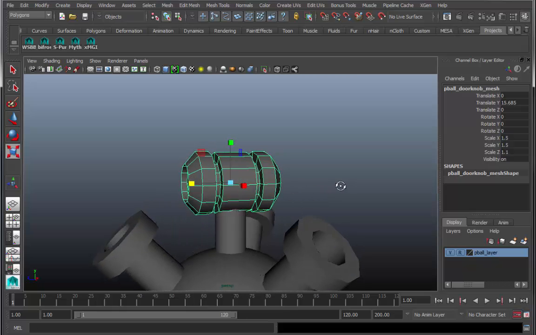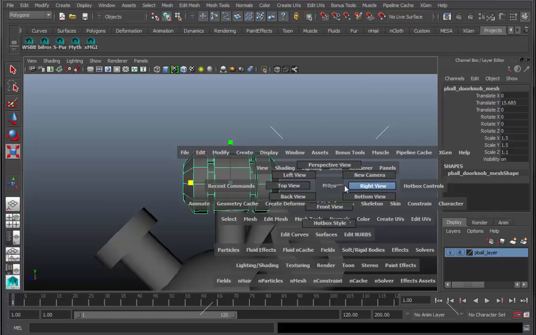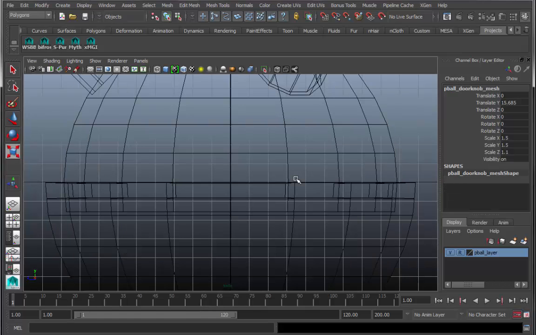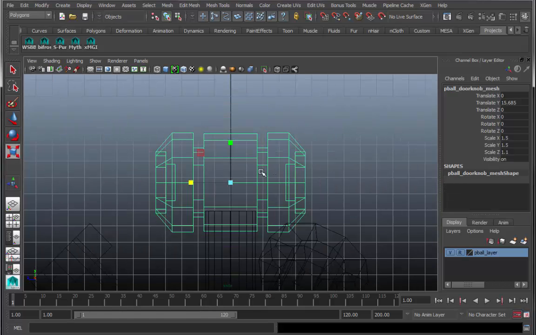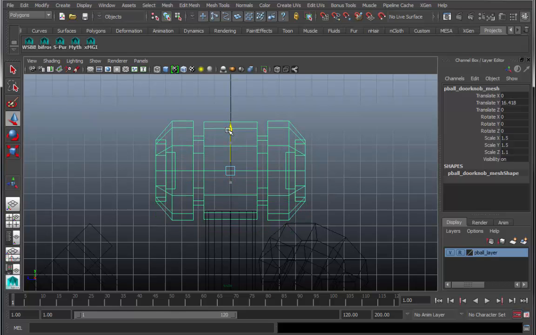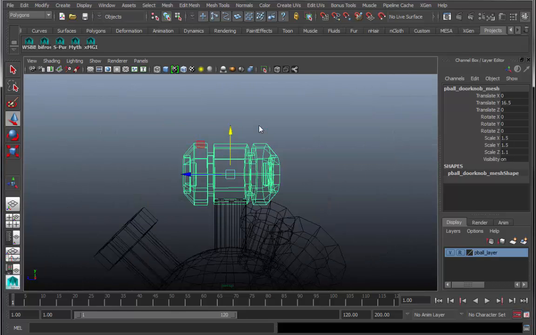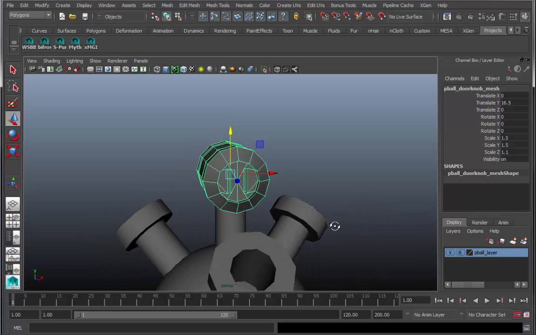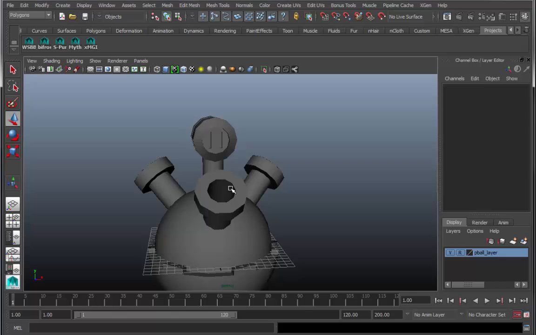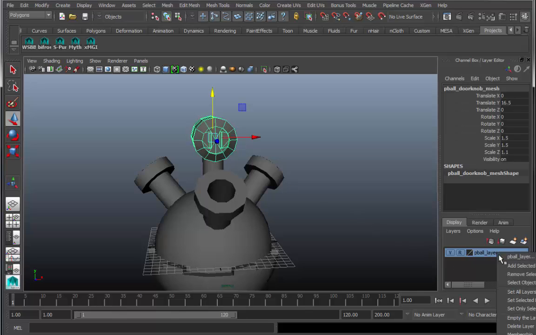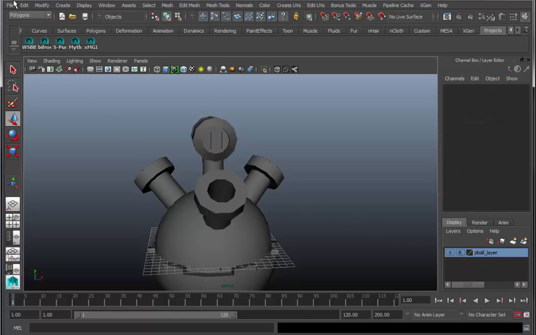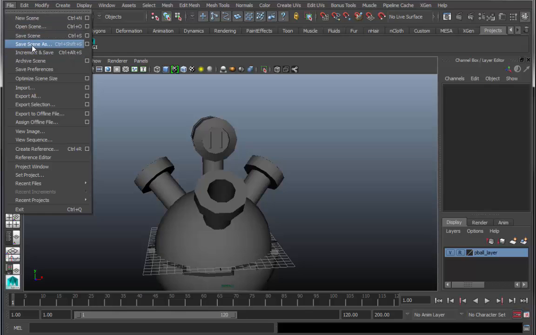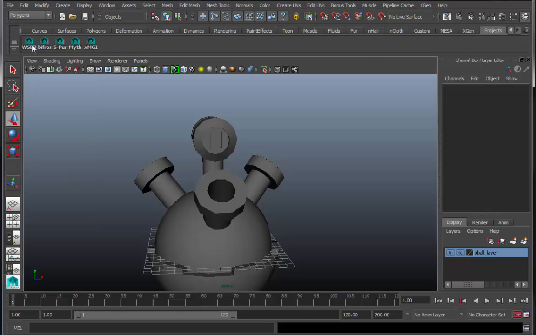So that's where this should rise to, and it is something that you want to more or less eyeball so that it's at the very top, and there's the slightest bit of interpenetration because you want it to go into the object, sort of like it's holding it. And then you add it to the layer, and let's save this one more time, certainly not the last time,